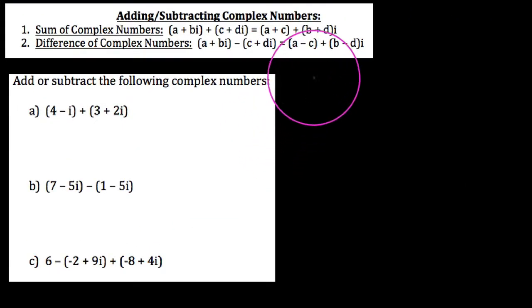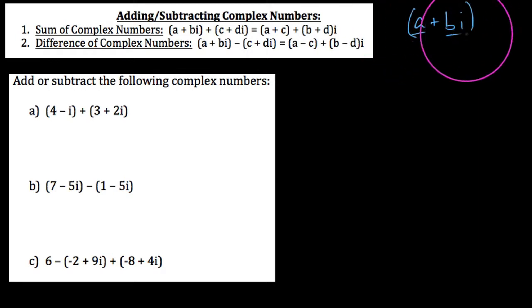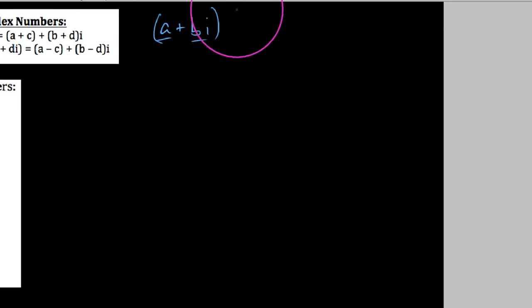Okay, YouTube, in this video we're going to discuss how to add and subtract complex numbers in standard form. Recall that a complex number in standard form is any number where we can list a real number plus an imaginary number. It all comes out to be some complex number in standard form. What we're concerned with doing in this video is maybe taking two complex numbers that are different, a plus bi,